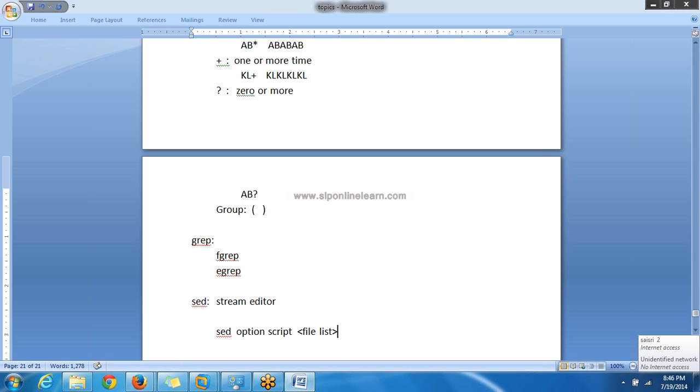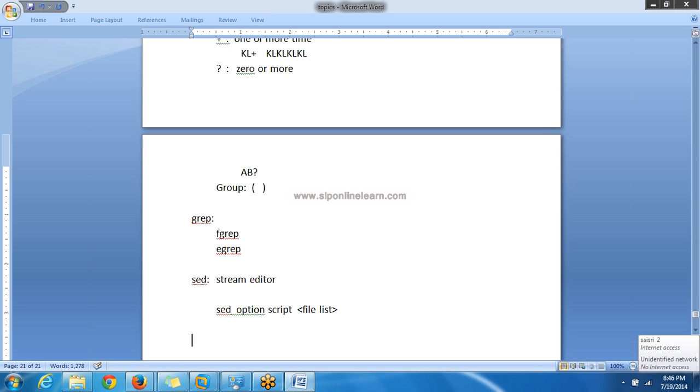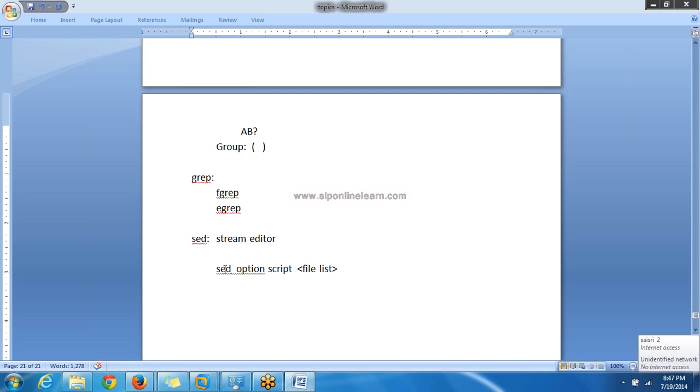So this is the syntax of this command or utility or program. Here we generally use two options. One is -e, another one is -f.